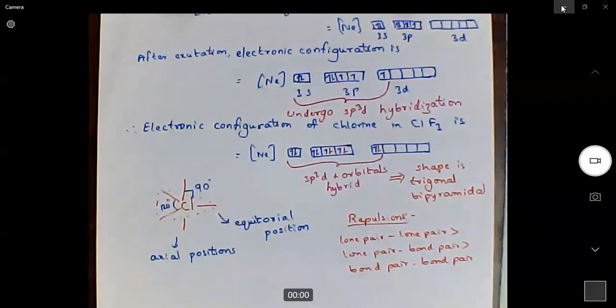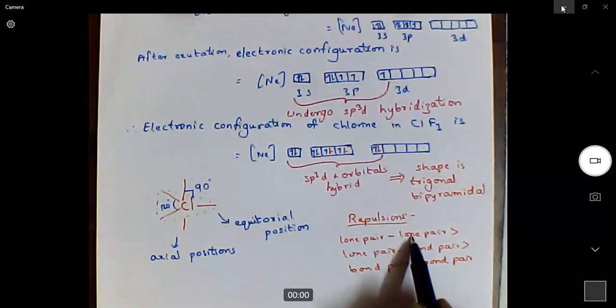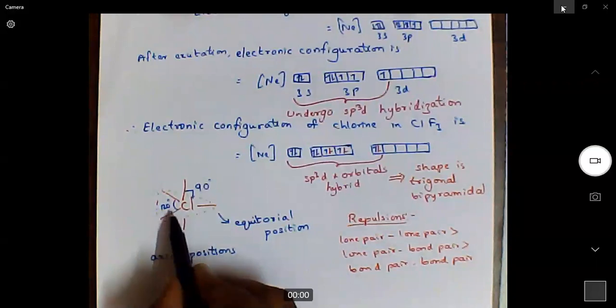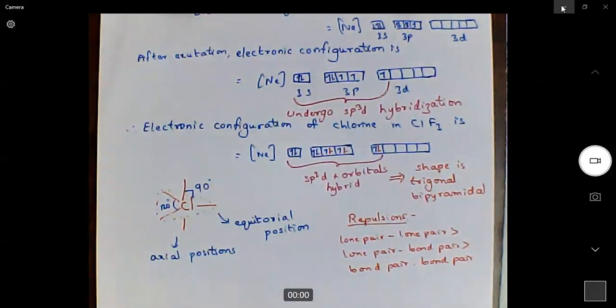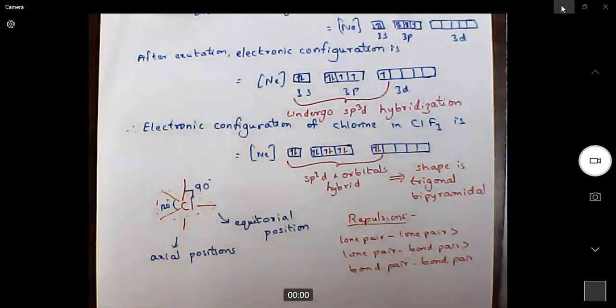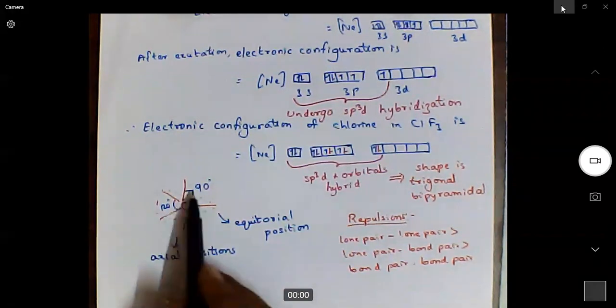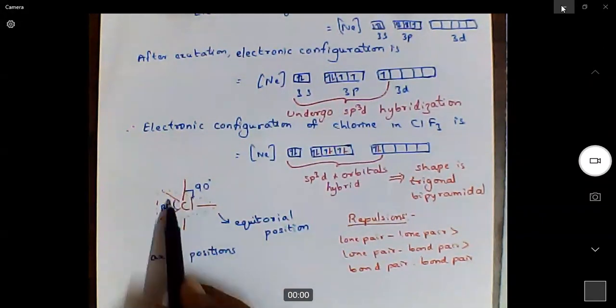If there is a great repulsion, we will have instability. It is an instability factor. So we must always place the lone pairs far from each other. Now, when we want to look at the places where we can place lone pairs, we need to consider the higher bond angles. Now, in the plane, we have 120 degrees, and out of the plane, it is 90 degrees. 120 degrees bond angle is larger than 90 degrees.